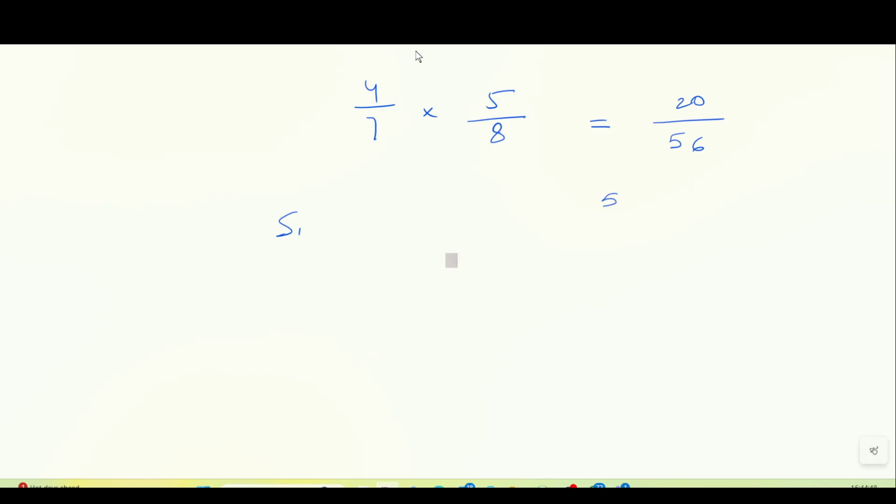Very good. That's correct. Okay. Let's move to the next question. Now, we can have another type of question in fractions, which is division. For example, we can have